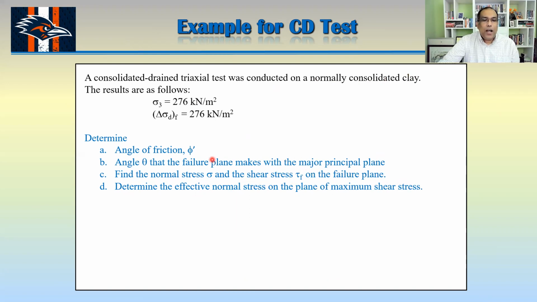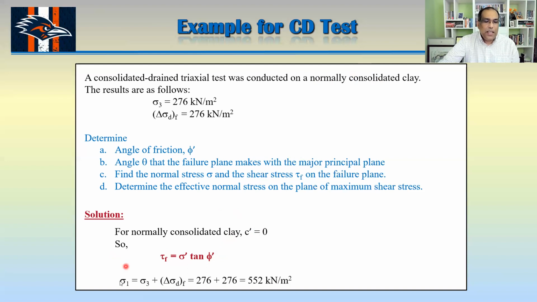So if we start doing that one, then basically when they are saying normally consolidated clay, this means your C equal to 0. So tau F equal to sigma prime tan phi prime and C equal to 0. So you don't have to put that one here. And your sigma 1 is basically sigma 3 plus deviator stress, which is basically 276 plus 276 equal to 552. So I know my sigma 1, I know my sigma 3. Once I know that one, my phi is basically